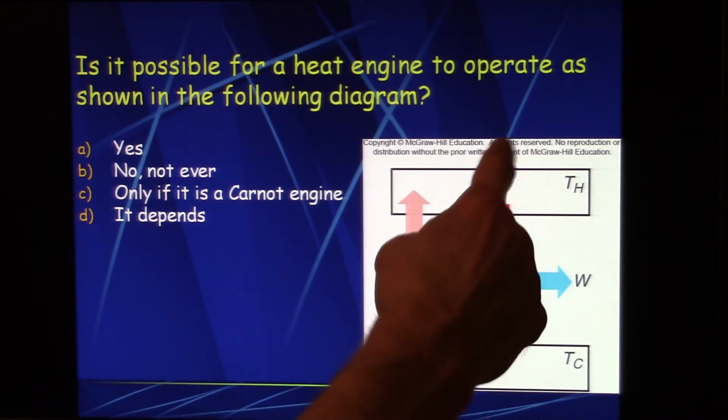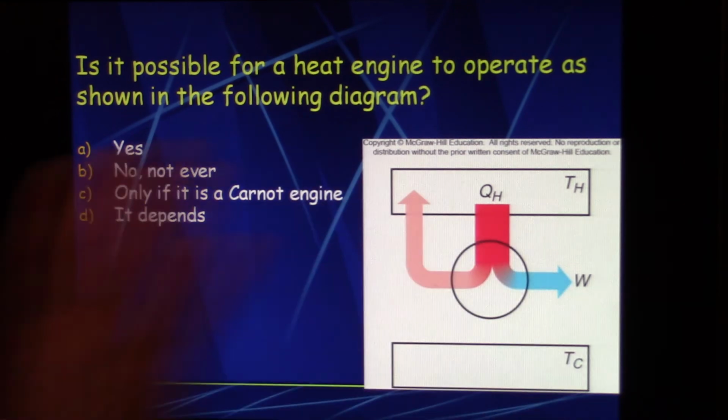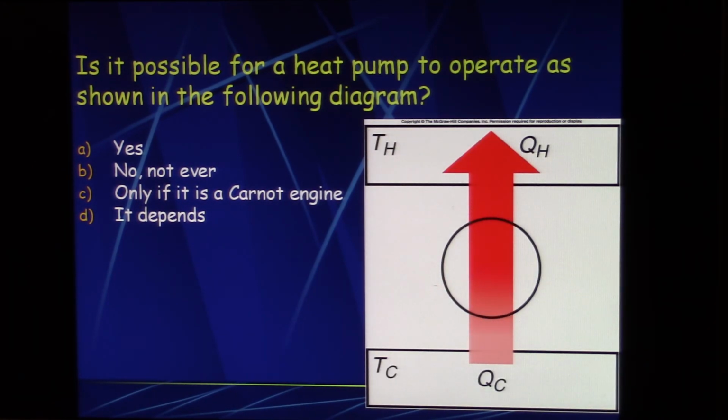Here's another one, some crazy thing where they're putting the heat back into the system. No, and the work went that way. Okay, that's not right. So these are just examples. Here,